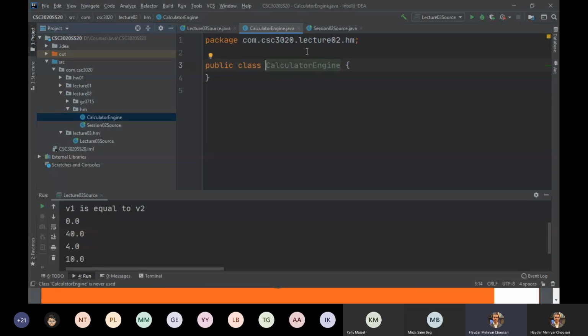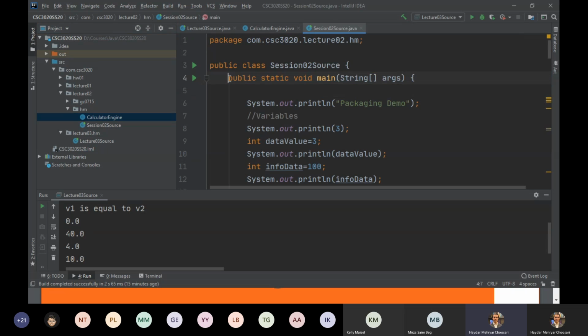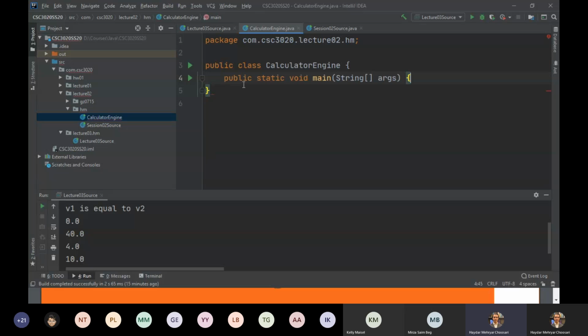Enter. You have a class in lecture 2. Look at me. CS3020 lecture 02 dot your access ID. Then you have a class named calculator engine. Develop a main function over here, just like the source code that I developed. Copy the public static void main string over here to this class, close the brace, it will be closed, and